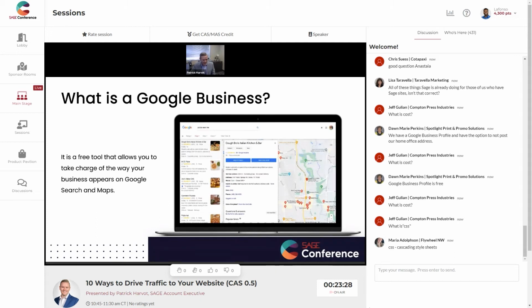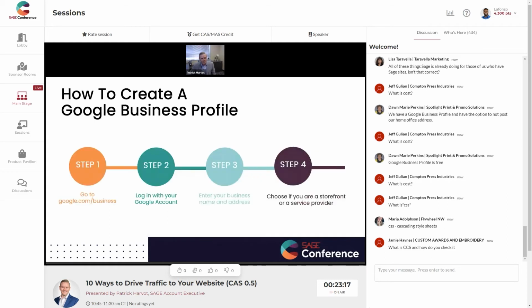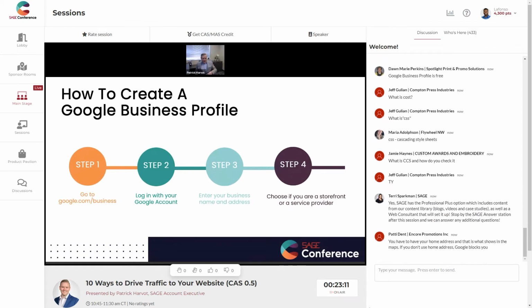Do not use stuff that just wouldn't make sense for the services that you're offering. So I have a quick little slide that I'll show you the 8 steps of creating this, and I believe we'll probably share this with you guys too. So step 1 would obviously be go to google.com/business, log into your account, enter your business name and address, and